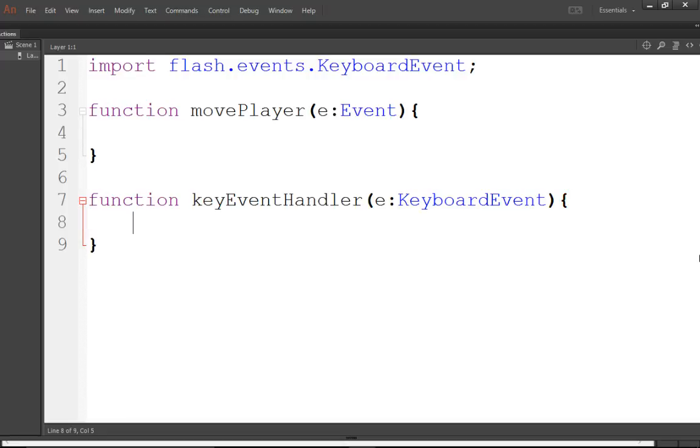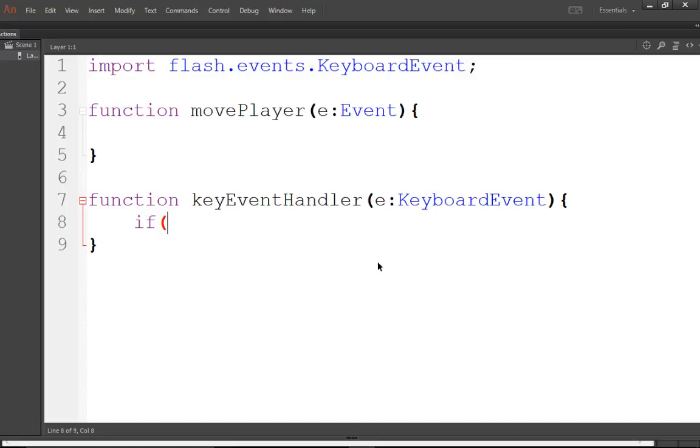We're going to have a keyboard event handler, which is going to listen for when a key is pressed. When a key is pressed, we're going to say that the key is pressed. And when a key is lifted up, the key is lifted up. This means we can then animate based on those two values. Because unfortunately, when we move based on keyboard event, it's less smooth. So we want to use enter frame for the actual animation side of things. So on the key event handler, what we're listening for is